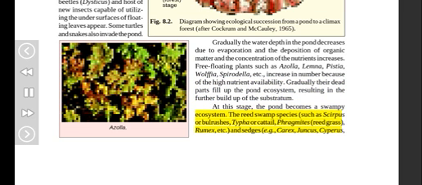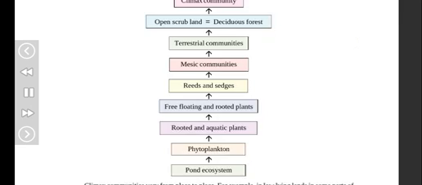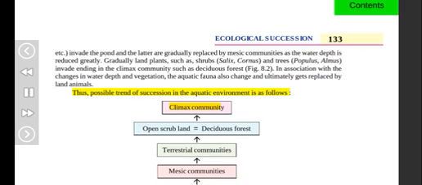The reed swamp species such as Scirpus or bulrushes, Typha or cattail, phragmites, reed grass, rumex, etc., and sedges, e.g., carex, juncus, cyperus, etc., invade the pond and the latter are gradually replaced by mesic communities as the water depth is reduced greatly. Gradually land plants, such as shrubs, Salix, Cornus, and trees Populus, Alnus invade, ending in the climax community such as deciduous forest, figure 8.2. In association with the changes in water depth and vegetation, the aquatic fauna also change and ultimately get replaced by land animals. Thus, the possible trend of succession in the aquatic environment is as follows: